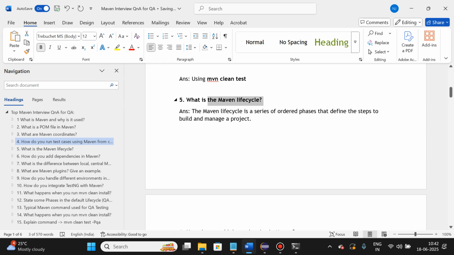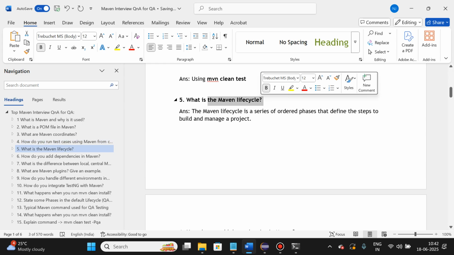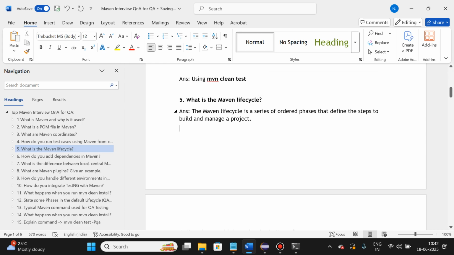What is a Maven lifecycle? Okay, so this is also one of the frequently asked questions. So Maven is a build automation tool, so it will have some lifecycle, so that you need to explain. So it's simple. Maven lifecycle is a series of ordered phases that define the steps to build and manage a